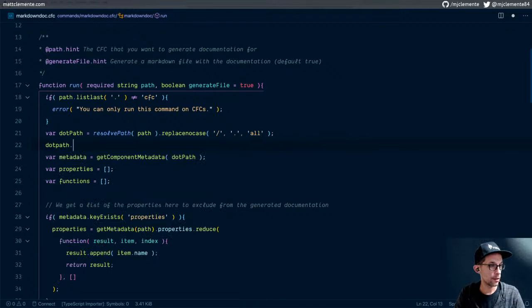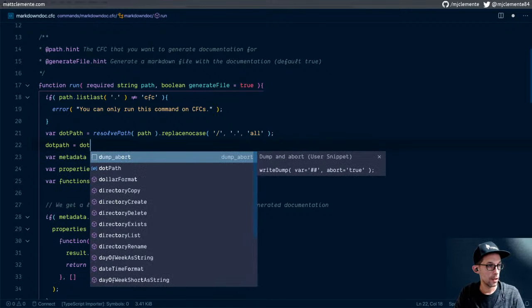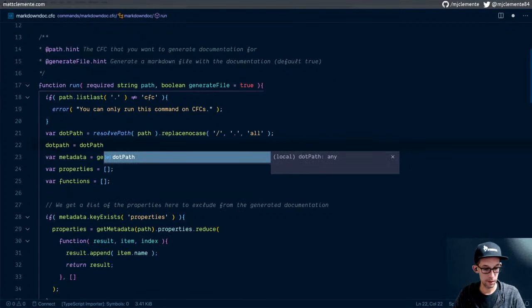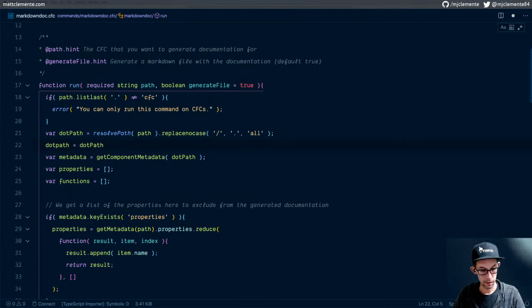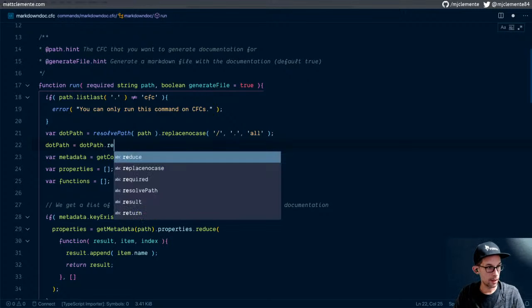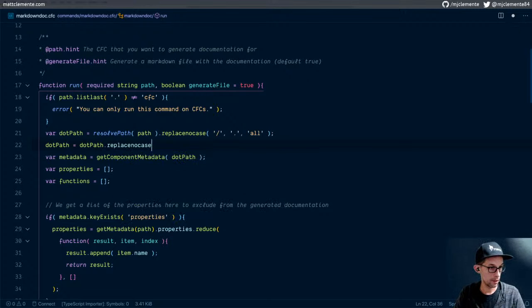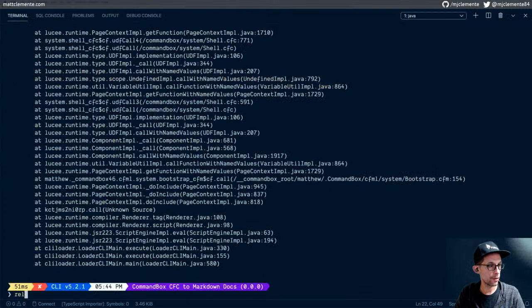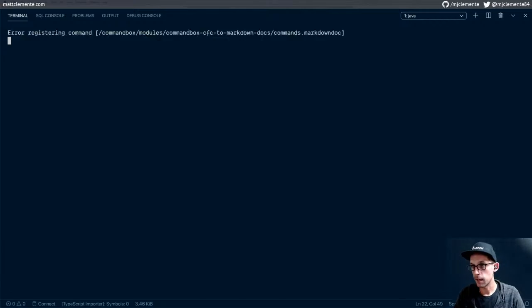Dot path equals dot path, consistent casing, dot replace, no case. I'm just going to get rid of that first dot. Not the most elegant way to do it, but I just want to see if removing that